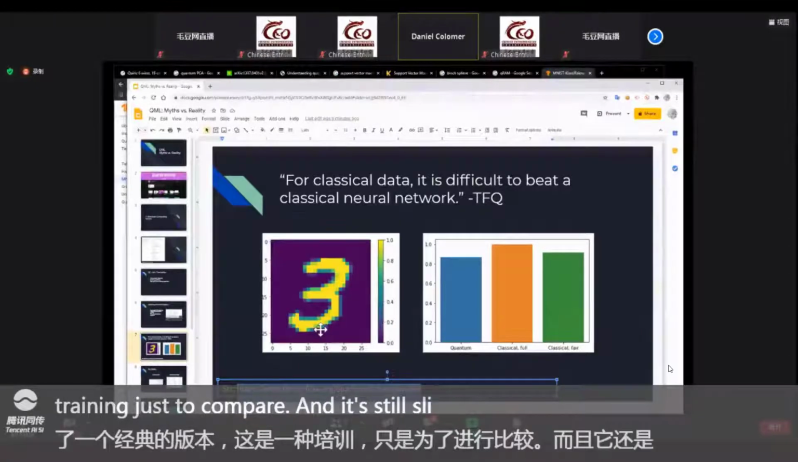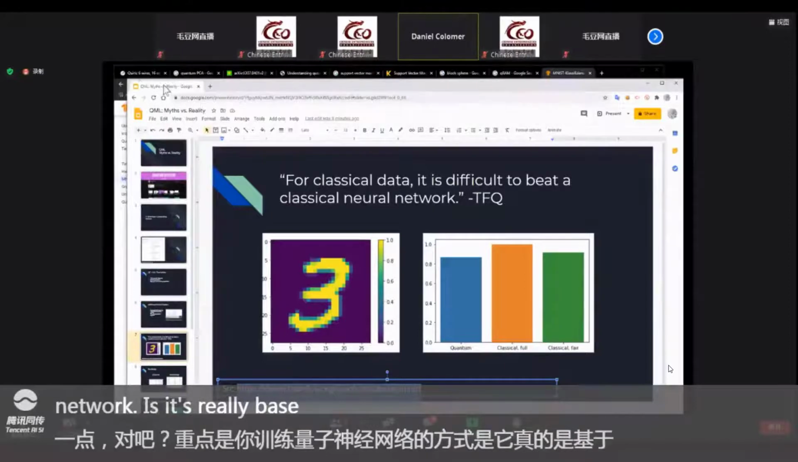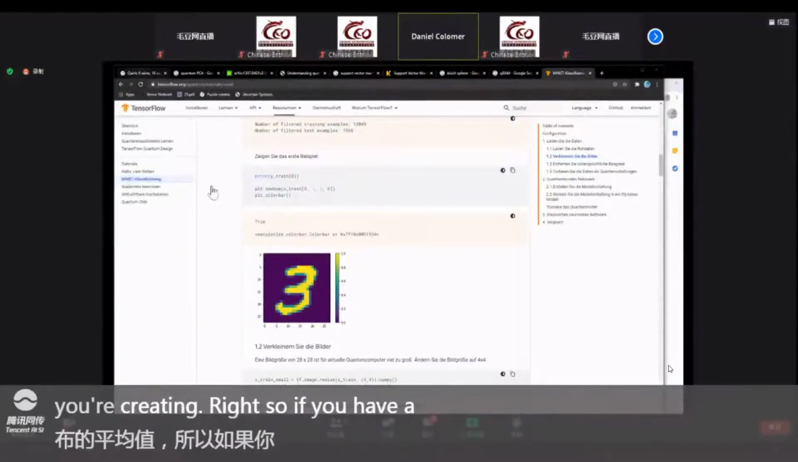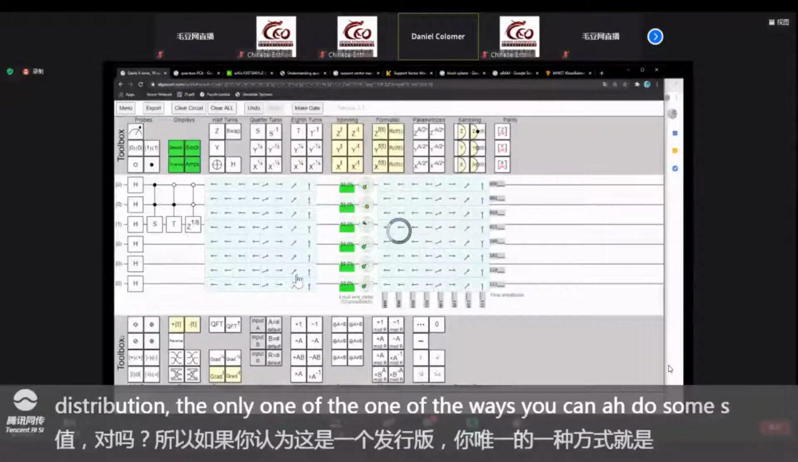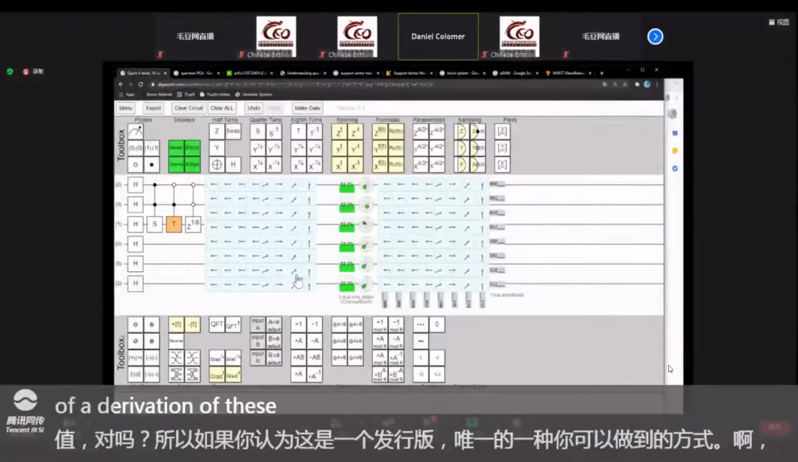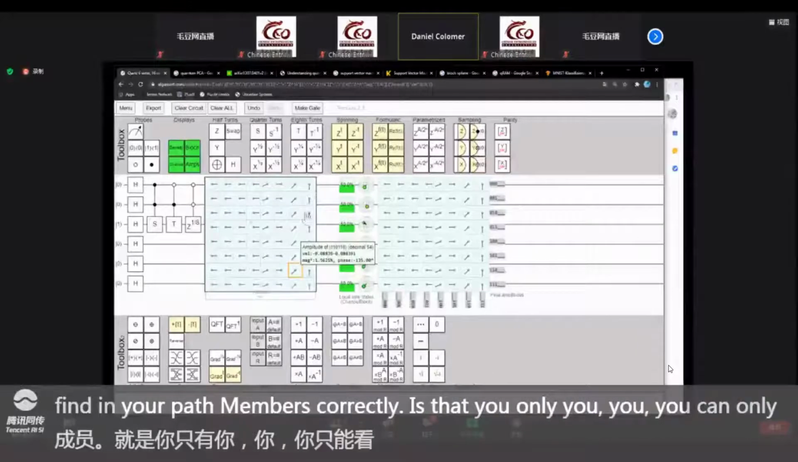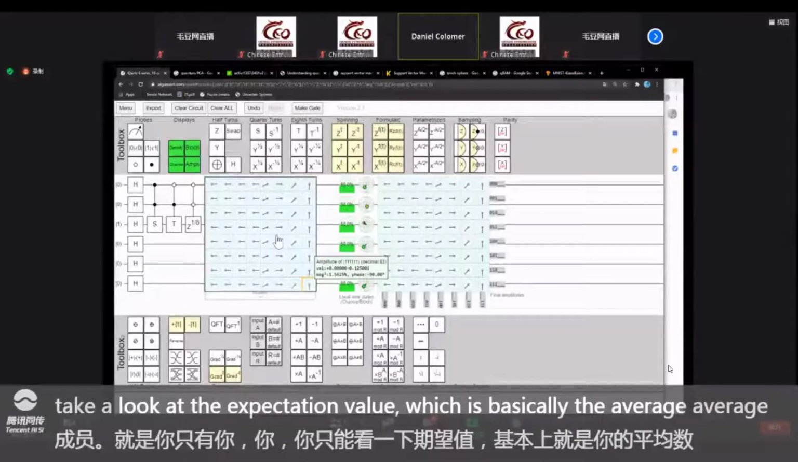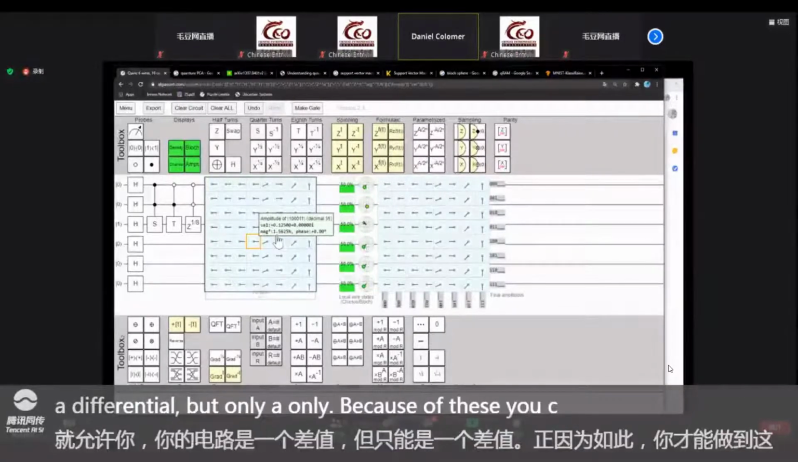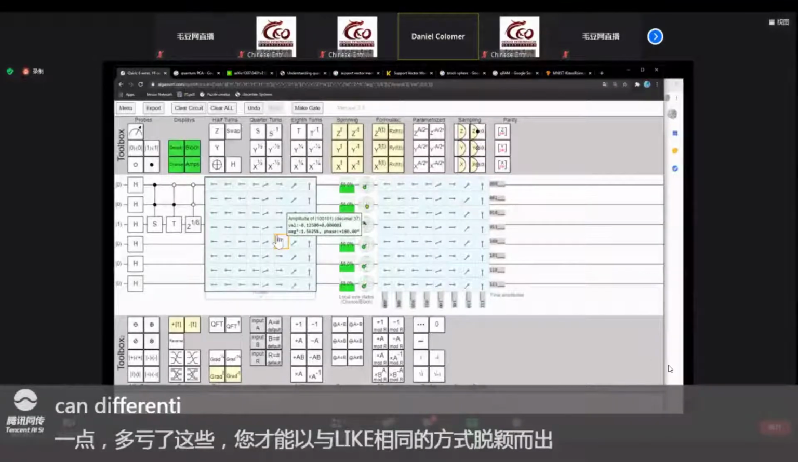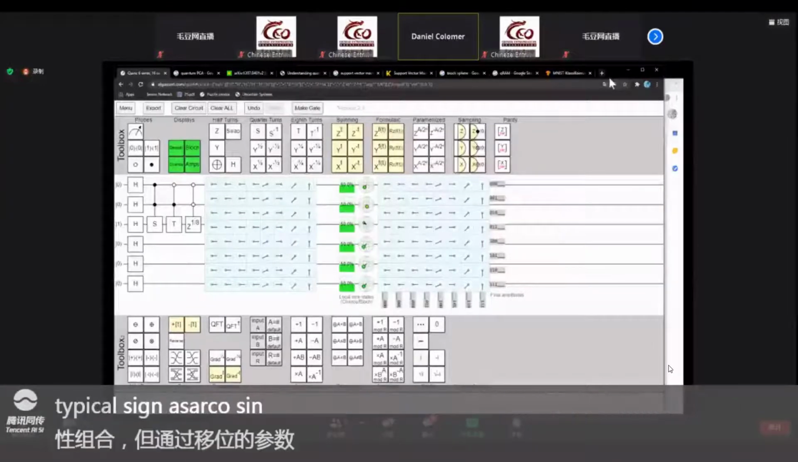The point being that the way you train a quantum neural network is really based on the average of the distribution that you're creating. So if you think about this as being your distribution, one of the only ways that you can do some sort of derivation on these, so you can fine-tune your parameters correctly, is to take a look at the expectation value, which is basically the average of your measurements. This allows your circuit to be differentiable, in the same way that you differentiate the typical sine or cosine function, with just a linear combination of the measurement of the circuit, but with a shifted parameter. So you have what's called the parameter shift rule,